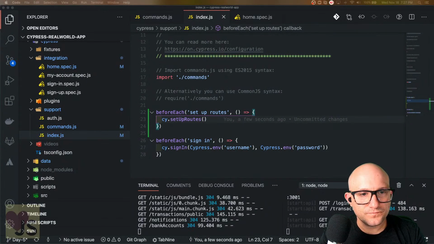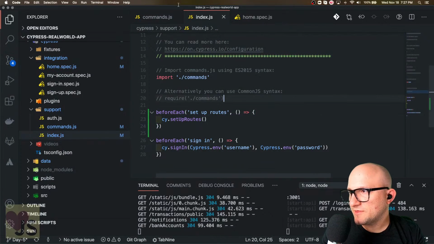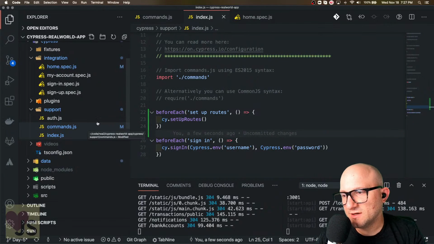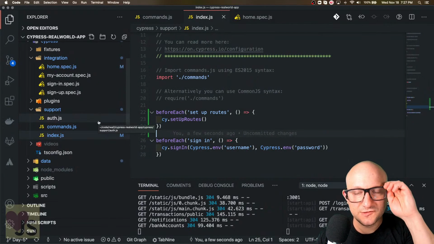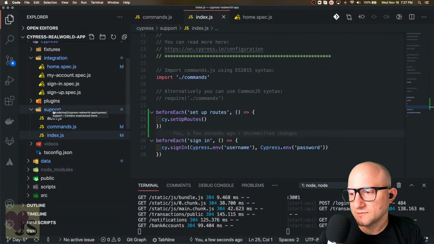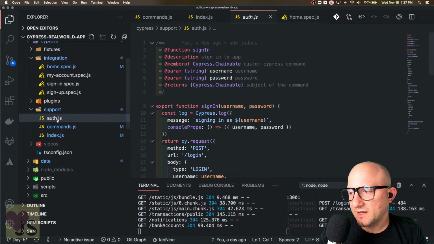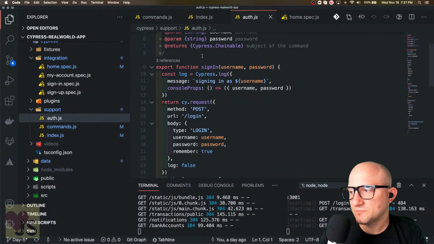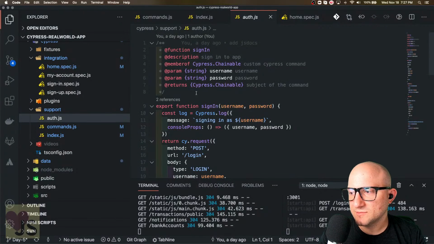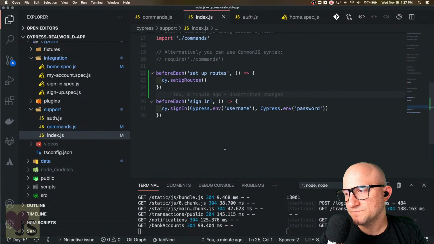So one of the things that I recommend to keep things organized is to create what I call support modules. Inside of here, we have our support folder that has index, and I have this auth.js, and this is where the sign in function goes. And of course, I've got nice documentation, and I've got all the room to spread out, right? And it doesn't crowd